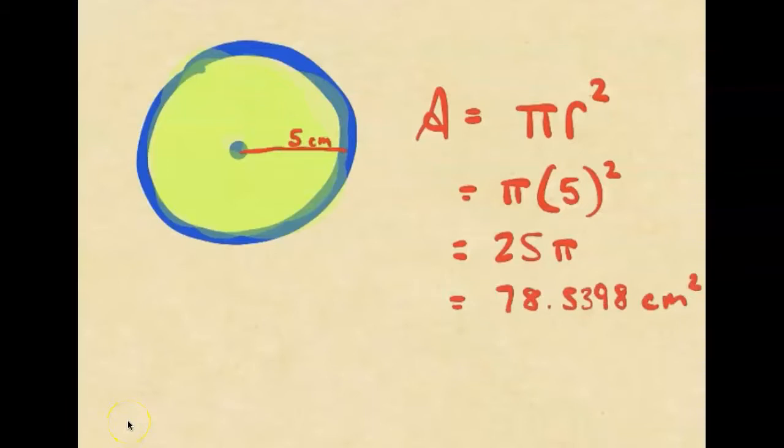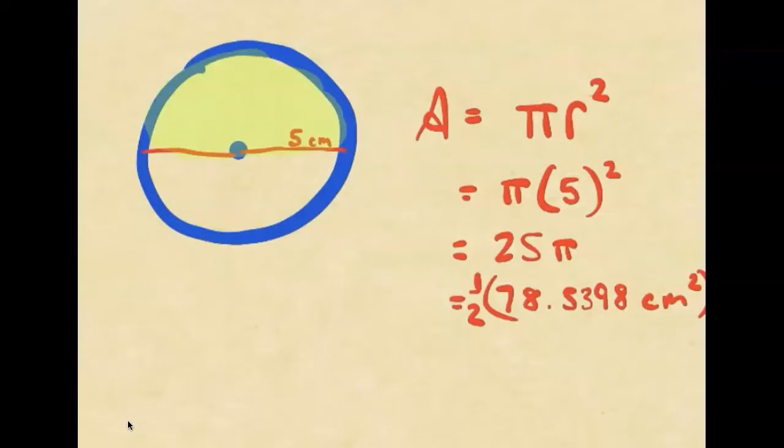That's the whole circle. But what if I said, no, I don't want the whole circle, I want just half the circle. Did you ever order a pizza and cut it completely in half and eat half the pizza? So that would be half of that. That's technically just a really big sector. So half of